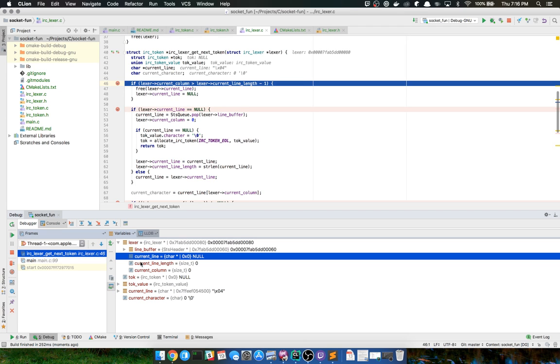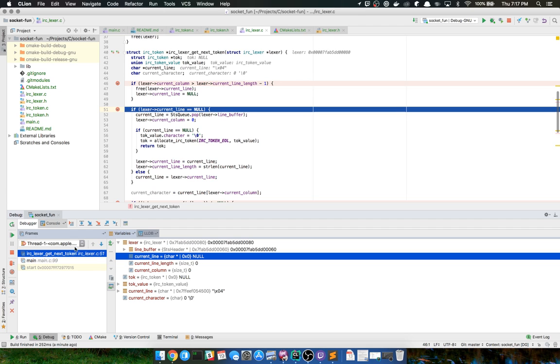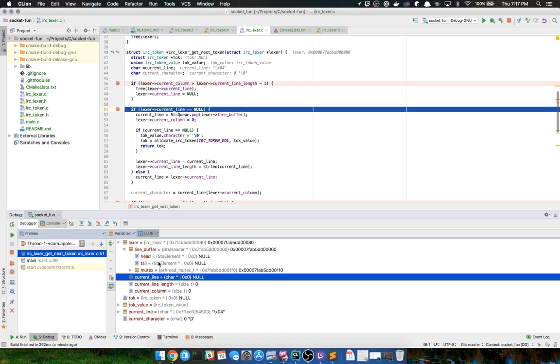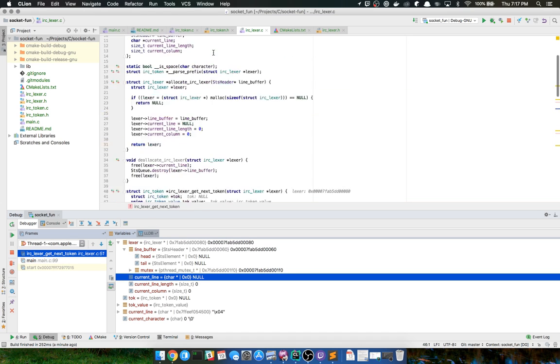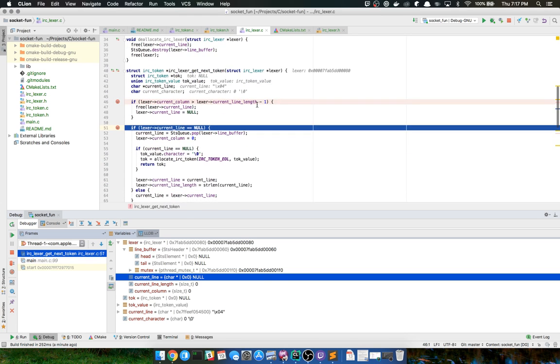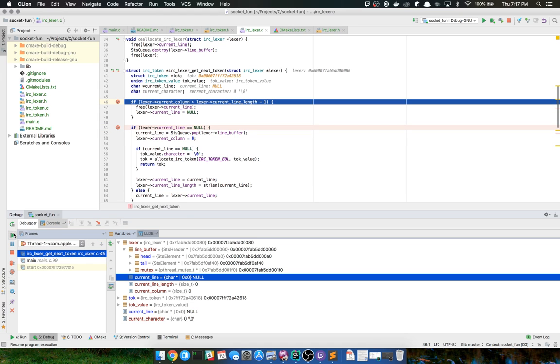All right, so our current line is null. Current line points to nothing, so that's why it's set to that. I should probably assign this as a matter of fact, but let's continue on. The line buffer I know has things in it, or should start getting stuff in it here soon in a little bit, assuming I passed in a pointer to it, which I'm pretty sure I did. Yeah. So the other thread should be putting stuff into it. Yep, there it goes. Stuff is put into it now.